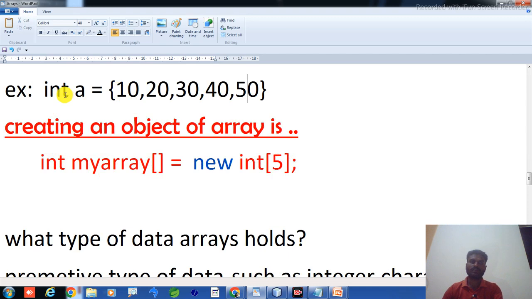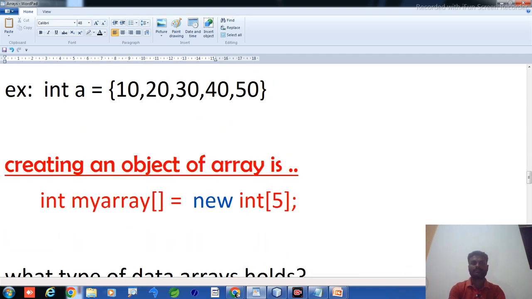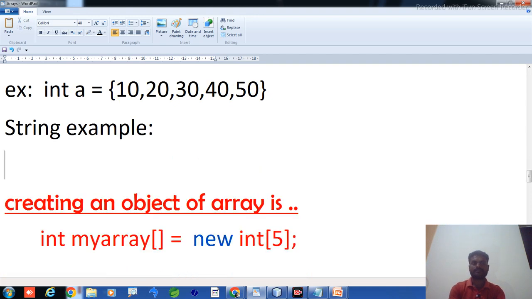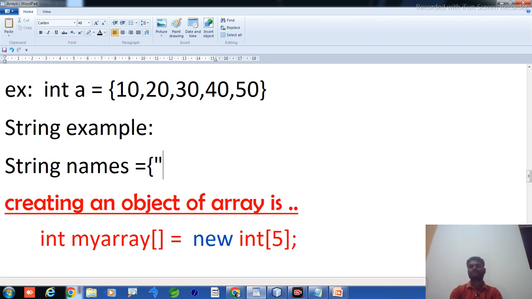But if you want to add a string here, the example will cover string values. This is int data type, but here we have to take string. Suppose I am considering names as a variable, and inside this I am adding values.